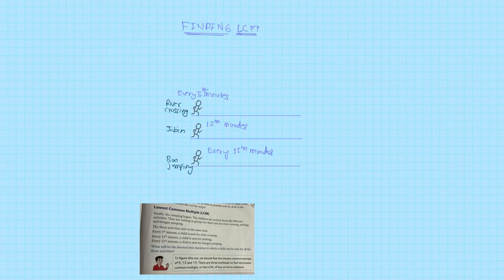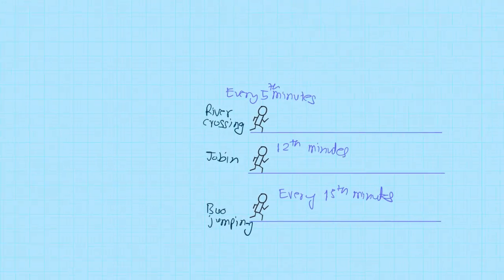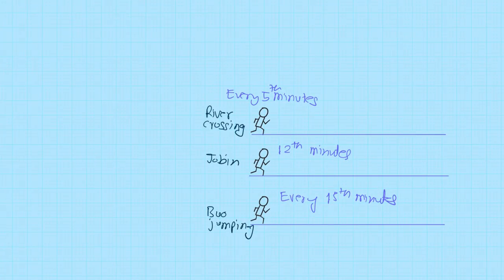Suppose there is a school, and in that school there are three activities. The first activity is river crossing, the second activity is jogging. We can see these activities here. So this is river crossing, the first activity. Another activity is jogging, and the last activity is jumping. The river crossing activity